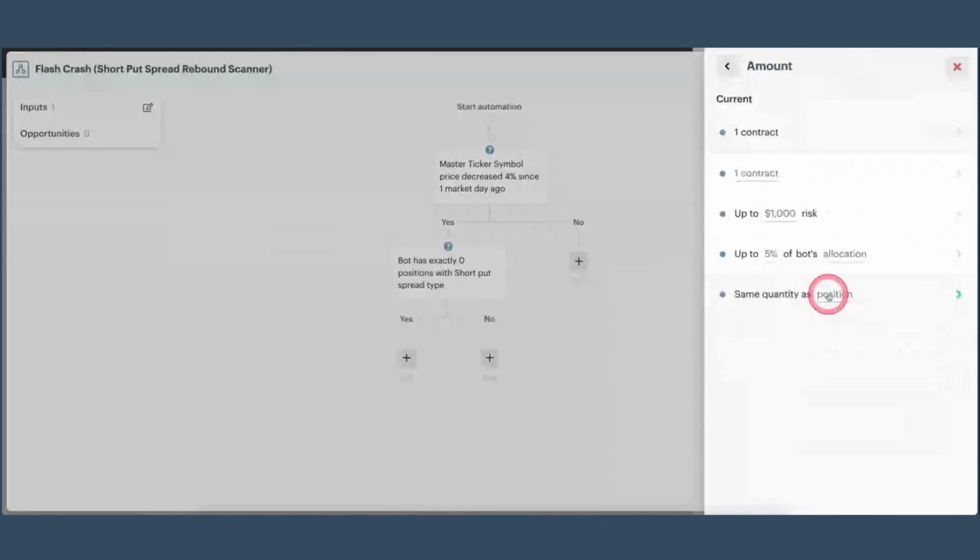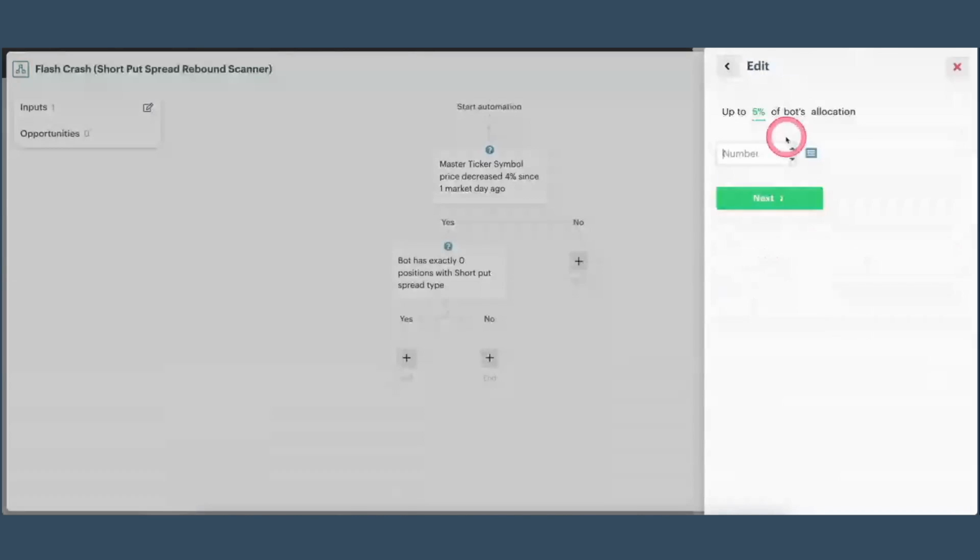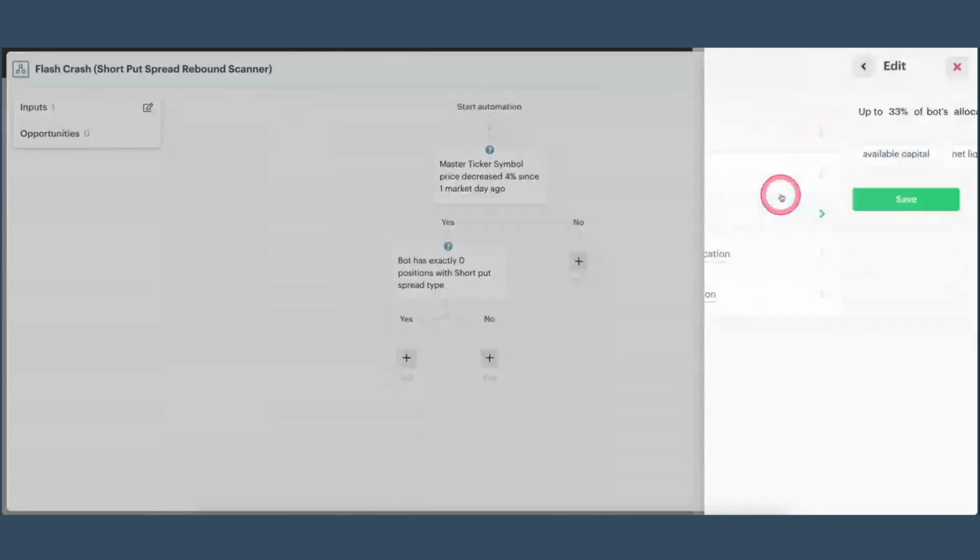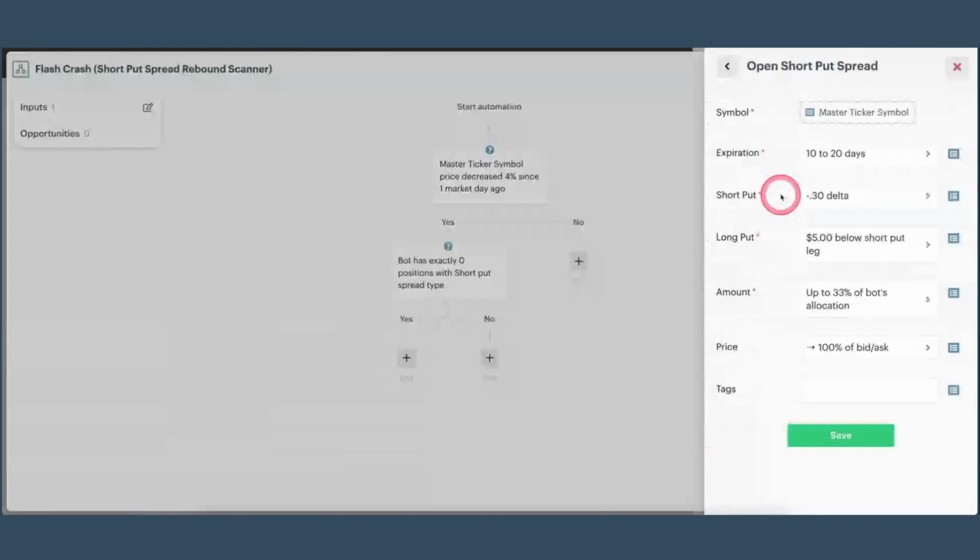The amount of contracts, how many contracts are we going to do? Well, this is our second strategy. So we're going to do 33% of the bot's allocation for this particular setup. That means that in the middle of the day, if the markets are down big and we're not there to take care of it, then it's going to put a third of the bot's allocation towards this short put spread